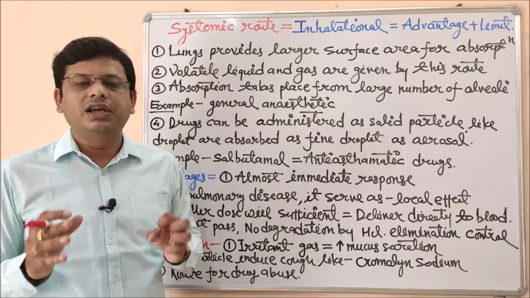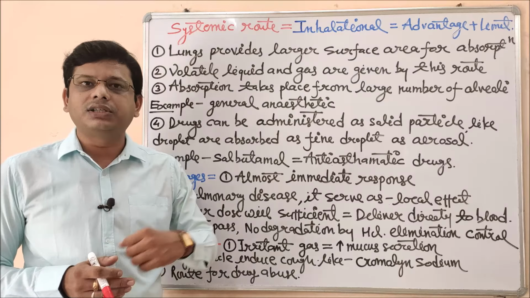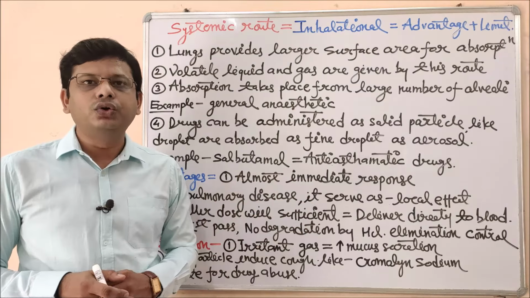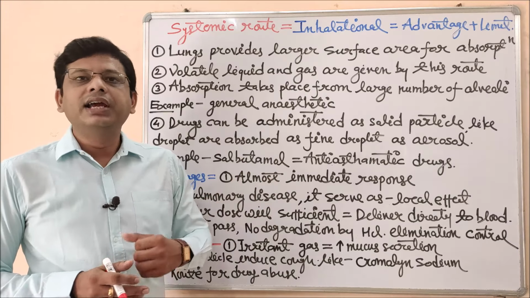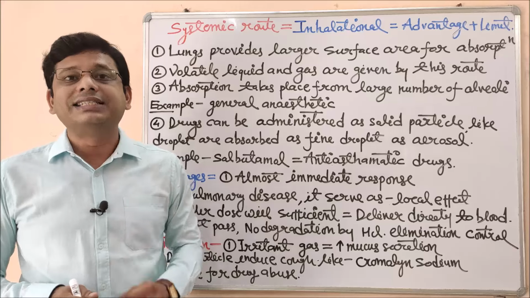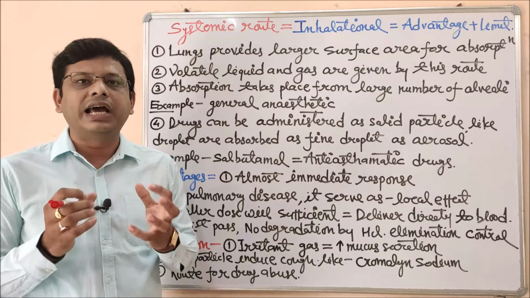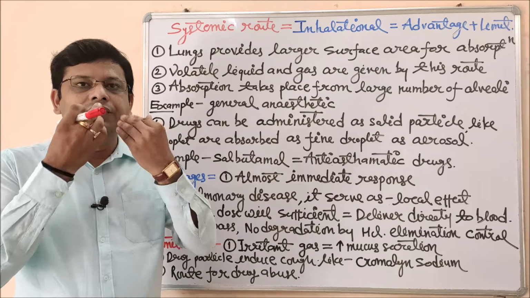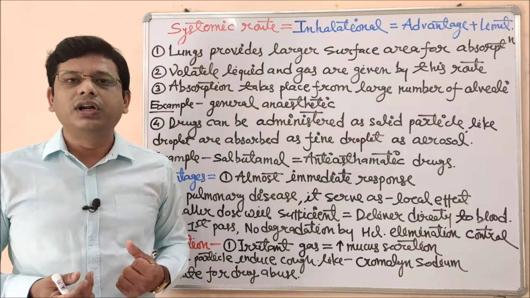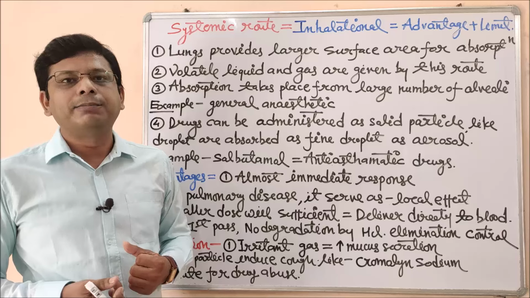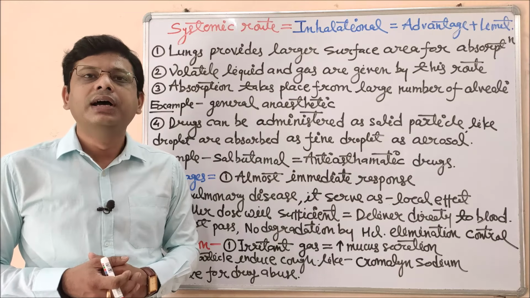If you see the anatomy and physiology of the lungs in the first or second semester, you should know that the lungs are composed of so many alveoli. And what are alveoli? Alveoli are small air sacs which absorb the air and the volatile liquid, like when we are taking inhalation. Whatever we inhale goes through the lungs, and from the lungs it gets absorbed via the different alveoli.